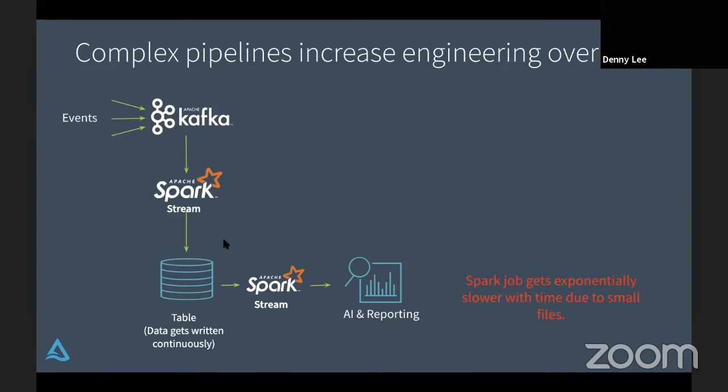All right. So now let me look at the pipelines, okay? And with those pipelines, this gets really funky really fast, right? So for example, I'm just going to use this particular design. You can use something else, whether it's Kinesis or Azure Event Hubs versus Kafka, but I'm just going to use Kafka for example.